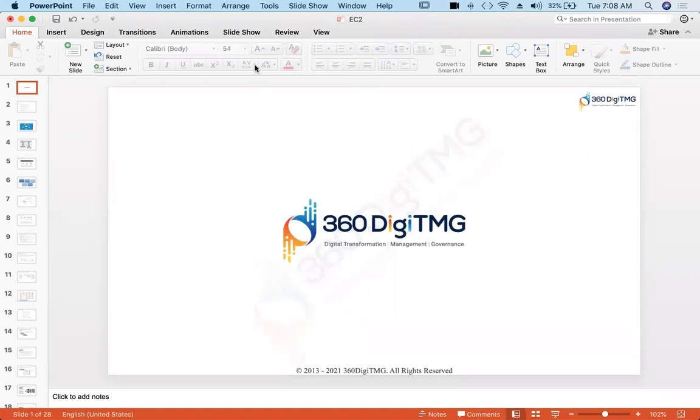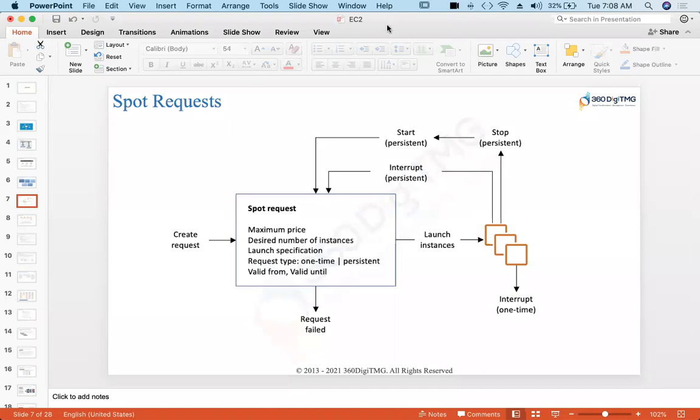Yes, in last class we have been talking about EBS, right? We have created an EBS volume and we have also seen how to mount it on our Linux EC2. I have shared this Word document with you.